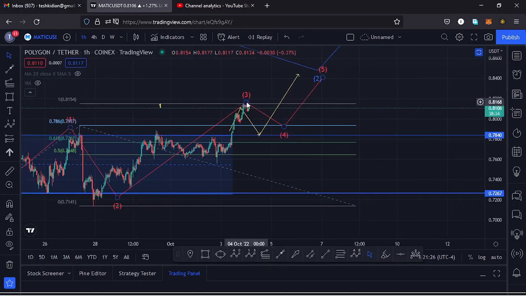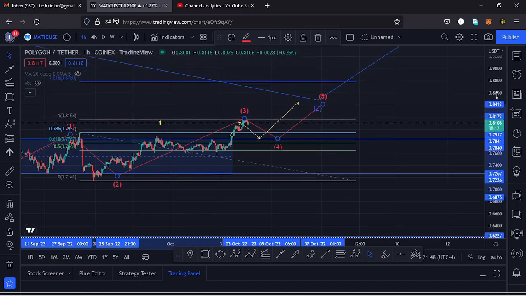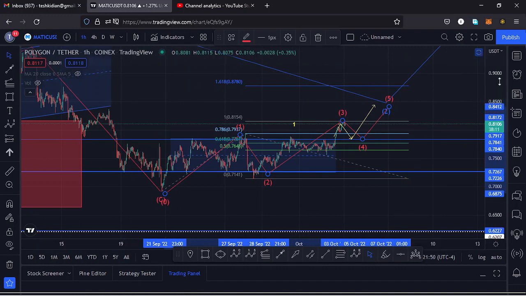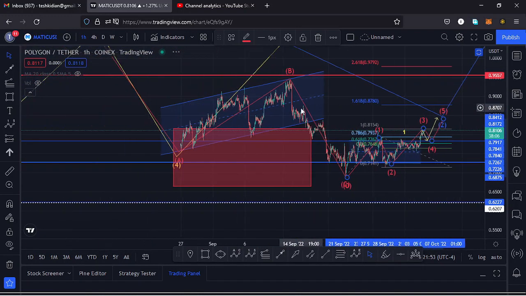So it's possible that maybe that high is in for that third wave to the upper side. We might see a bit of a retracement to the lower side, maybe in the formation of that retest of that key area of resistance, and once we hit that key area of support once more, then we can have a bounce to the upper side in the formation of a wave 5 to complete that higher Elliott wave count 1, which is a fractal wave within a wave 5. And once you see the completion of the formation of a wave 5, that will be completing a higher Elliott wave count 1,